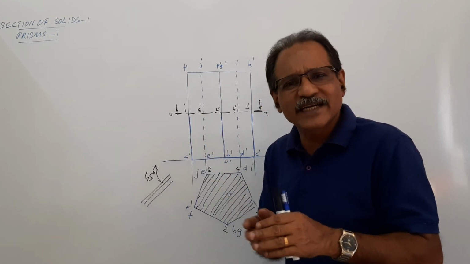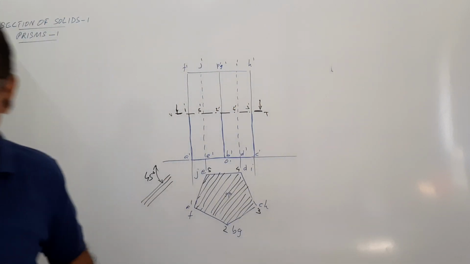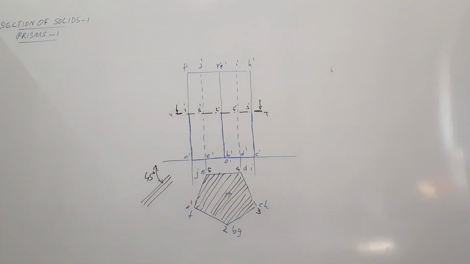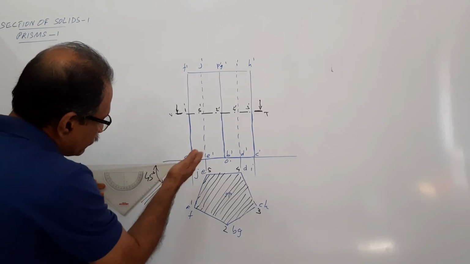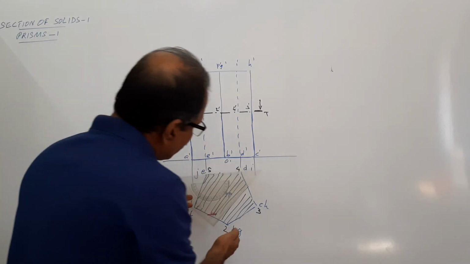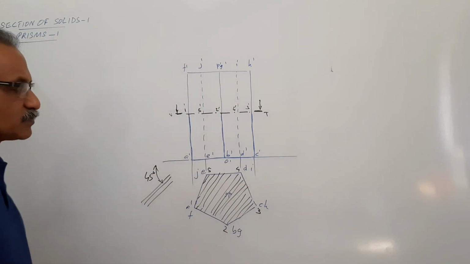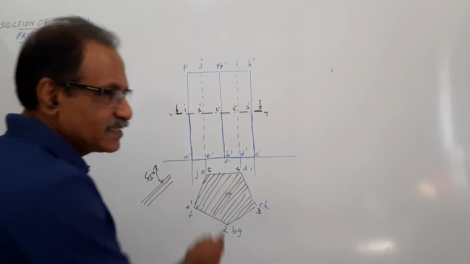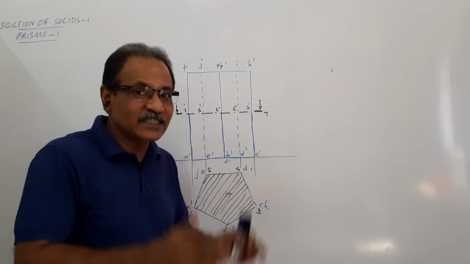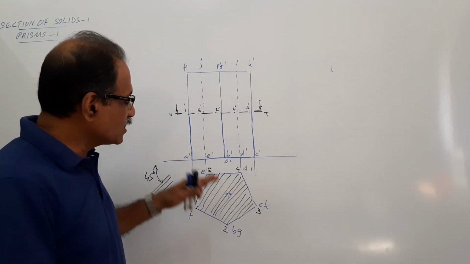It's not to be measured and practiced. Just keep your 45 degrees set square and move on like this. Keep it like this. That is how you draw it. So that is called hatching lines. What do hatching lines represent? Hatching lines represent fresh cut surface. I hope you understand. Okay, so this is a sectional plan.